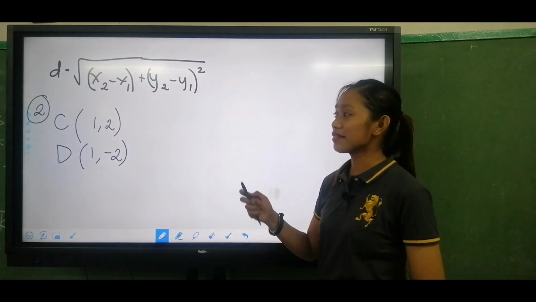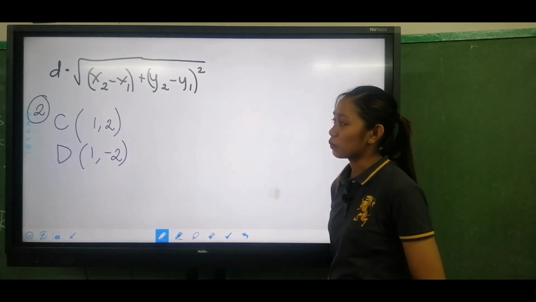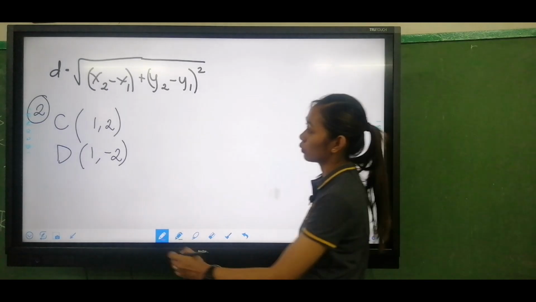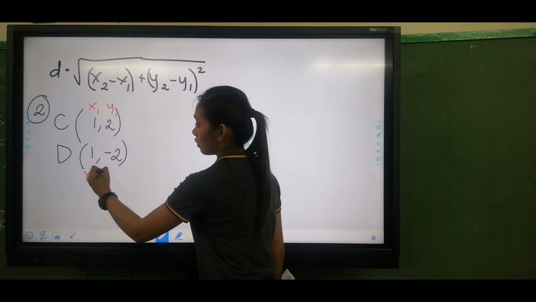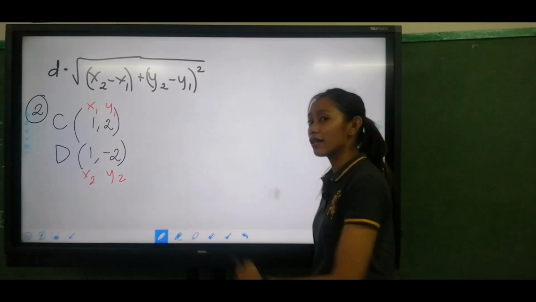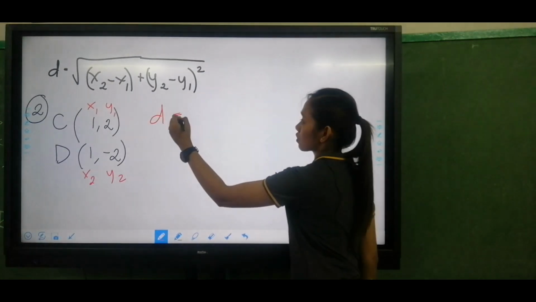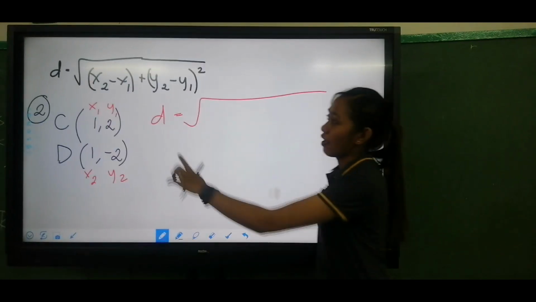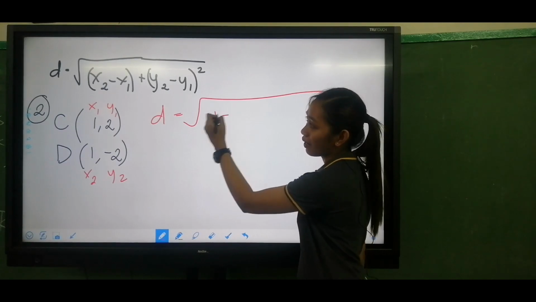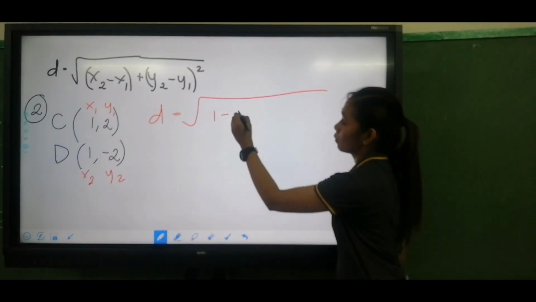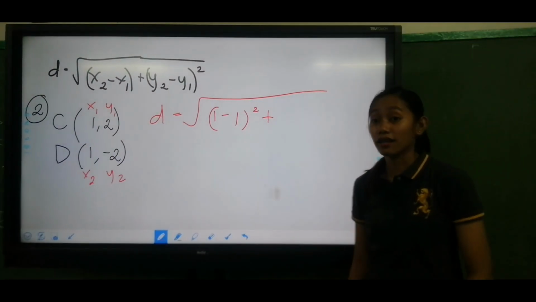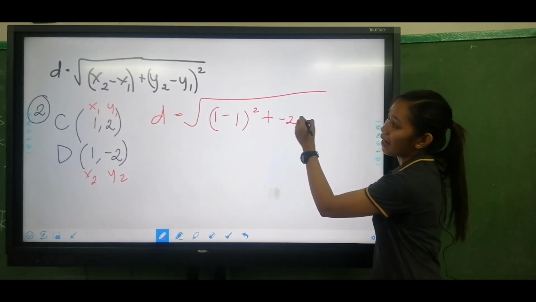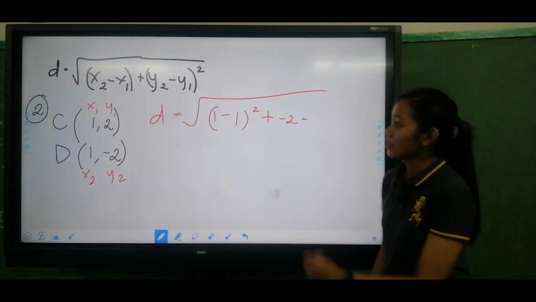Let's have another example. We need to find the distance between points C and point D. So, 1, 2, and then 1, negative 2. So, this will be your x sub 1, y sub 1, x sub 2, then y sub 2. Substitute it again to the formula. That will be D is equals to square root of x sub 2 is 1 minus your x sub 1 is 1. Then squared plus y sub 2 is negative 2. Minus your y sub 1 is 2